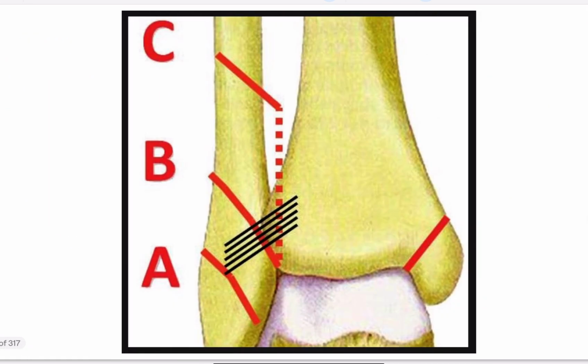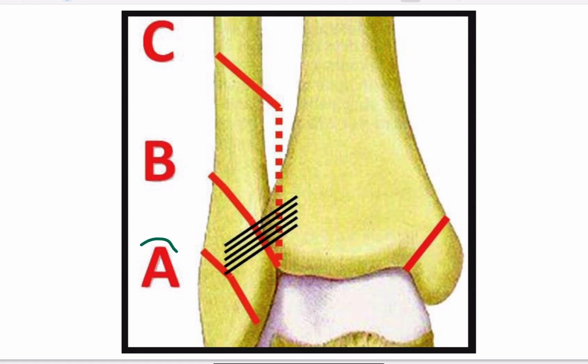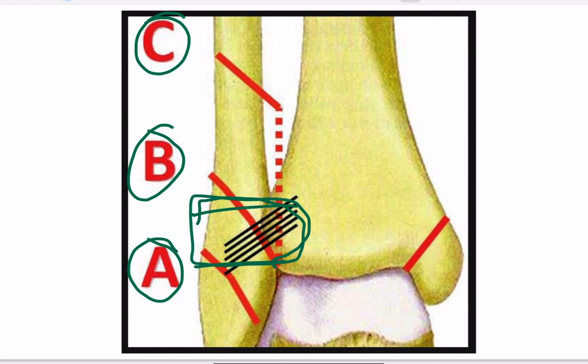Here we can see a classification, which is the Denis-Weber classification. In the Denis-Weber classification, fractures are classified into three types: type A, type B, and type C. In case of type A, usually it is located below the syndesmosis. The syndesmosis is a fibrous joint usually between the tibia and the fibula. This is the tibia and this is the fibula. So this is the syndesmosis, or fibrous joint, between the tibia and fibula. So if a fracture occurs below this syndesmosis, then it is